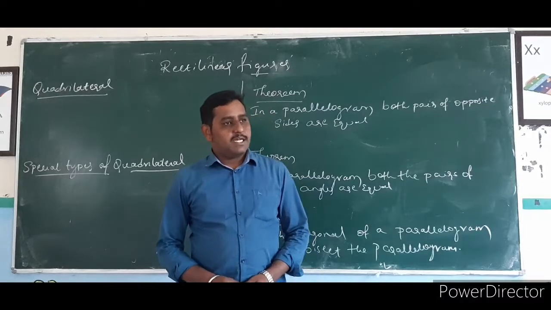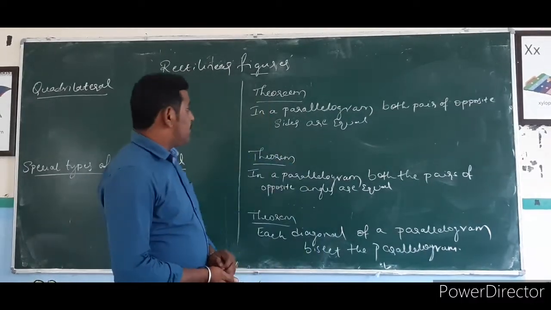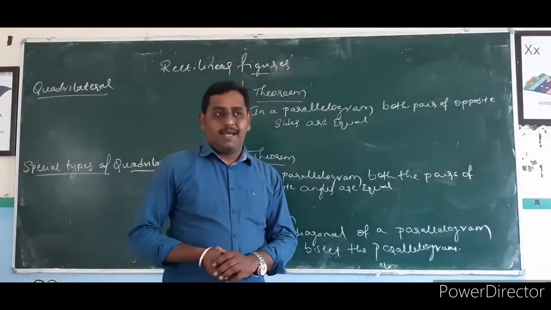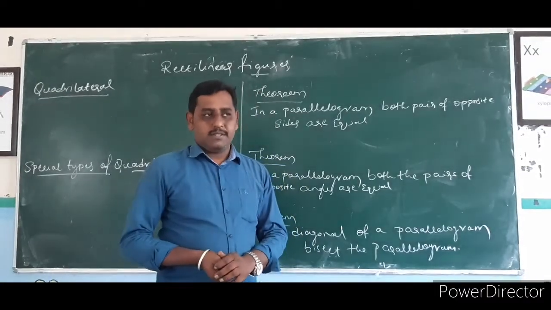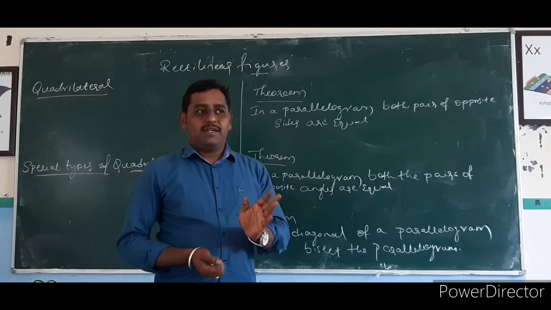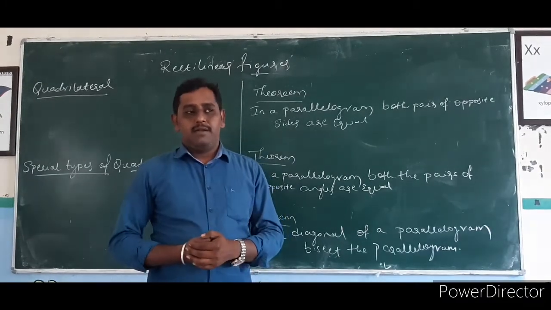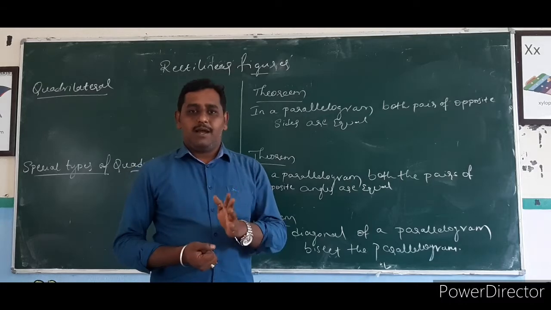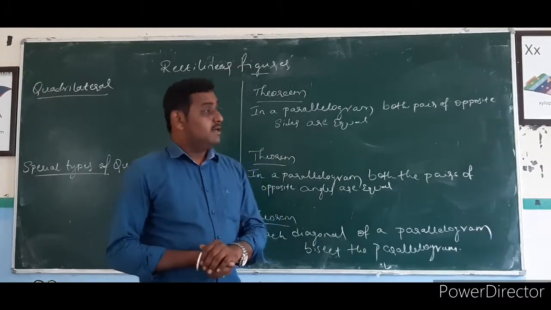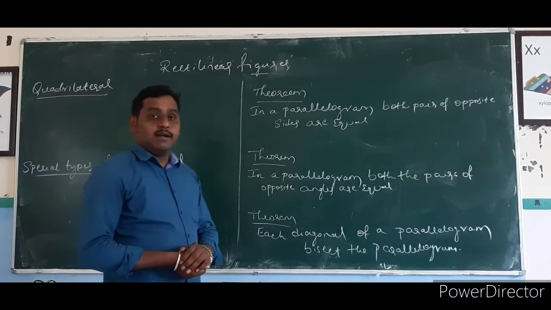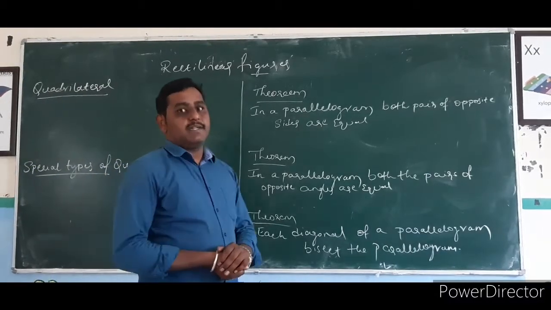So in our last class, we studied the chapter rectilinear figures about polygons and regular polygons: how to find the sum of the interior angles of a polygon and the exterior angle of a polygon, both regular and irregular. So in today's class, we are going to discuss the quadrilateral and especially special types of